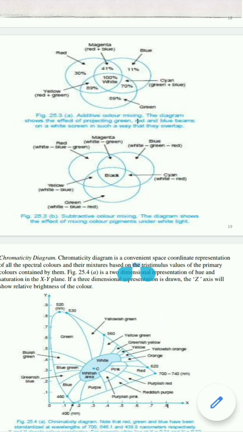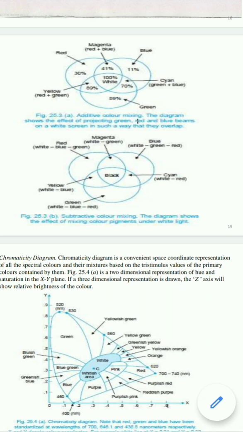So here we can say about subtractive color mixing, in which we are supposed to subtract one color from another. As we have just seen, we get the complementary color by mixing the primary colors. So here you will require the primary color. So what we can do, if we are subtracting red color from white color, you can see here the diagram. If we are subtracting red color from white color, you will get the cyan color.